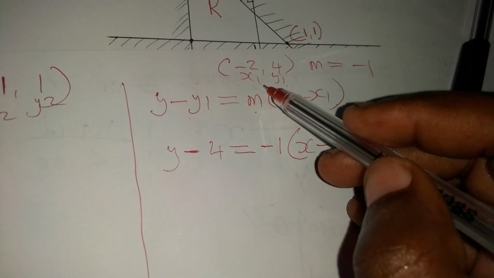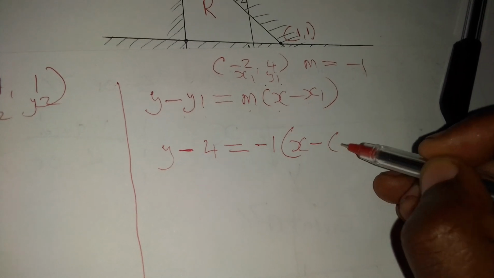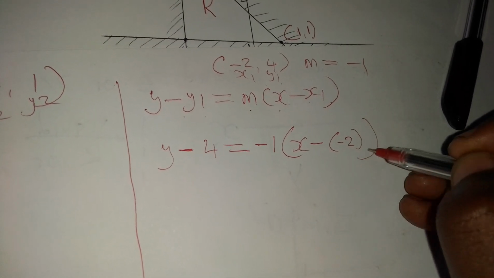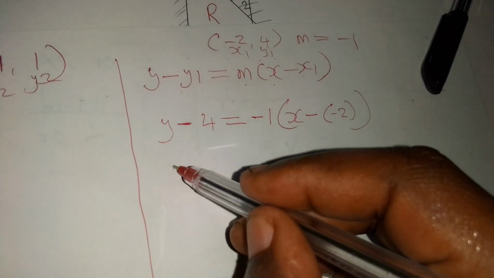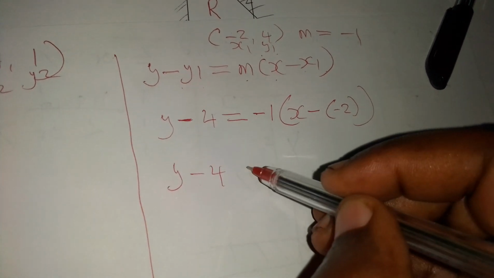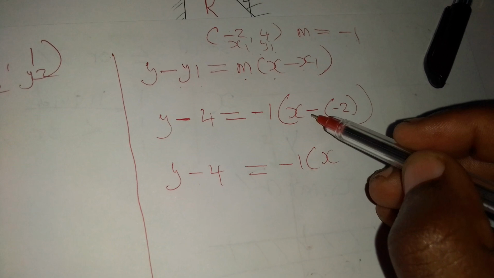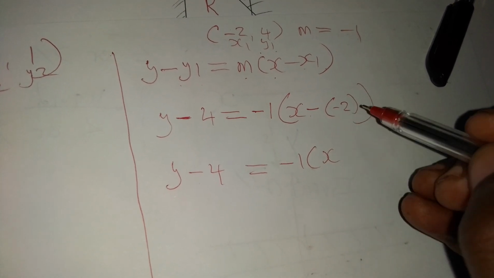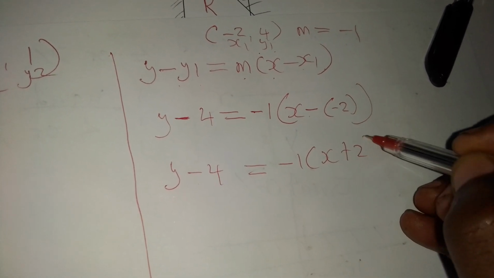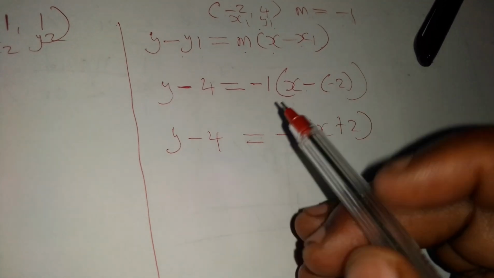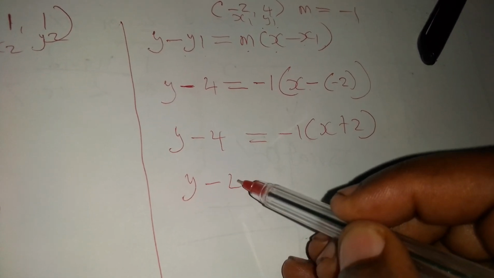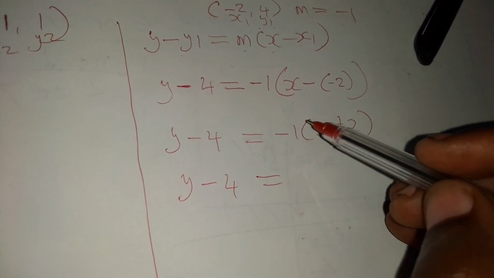As you can see, x1 is -2, so -2 in the bracket. So we say y minus 4 equals -1 times x plus 2. This negative by negative is positive. Okay? So from here we say y minus 4 equals, we can multiply